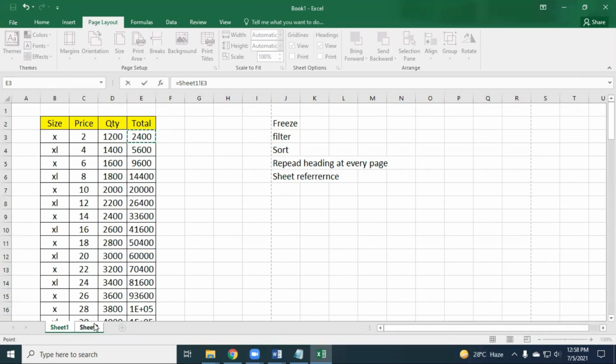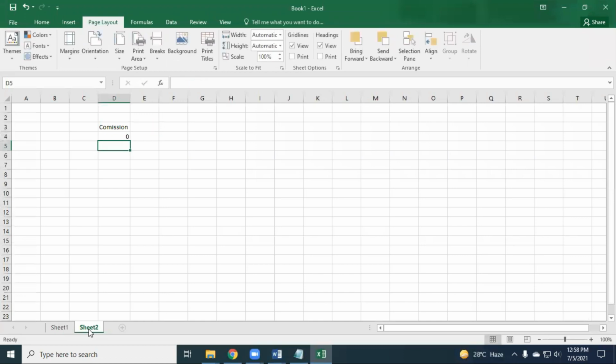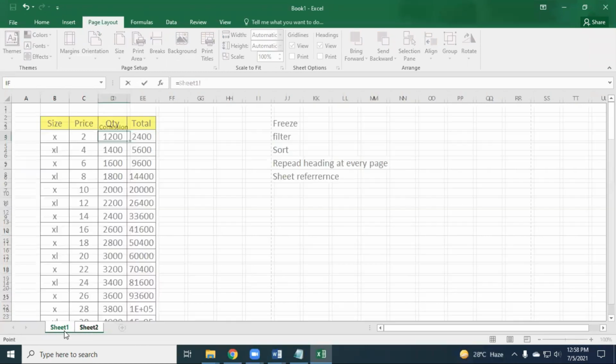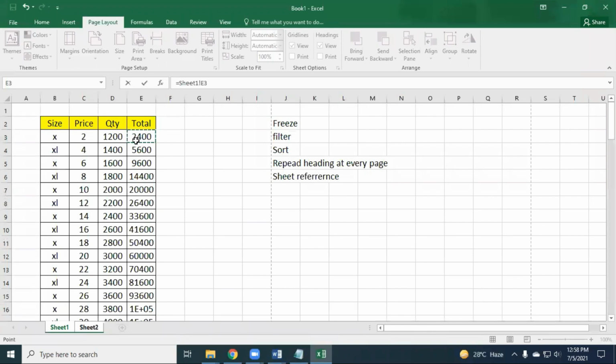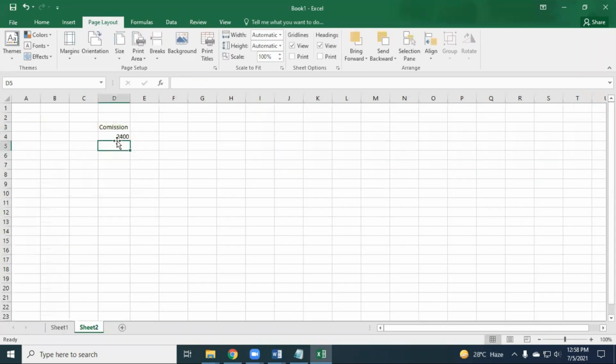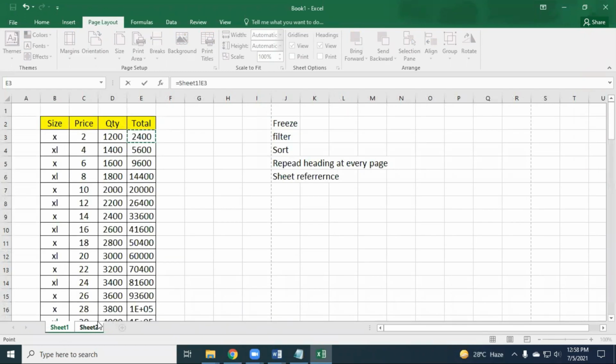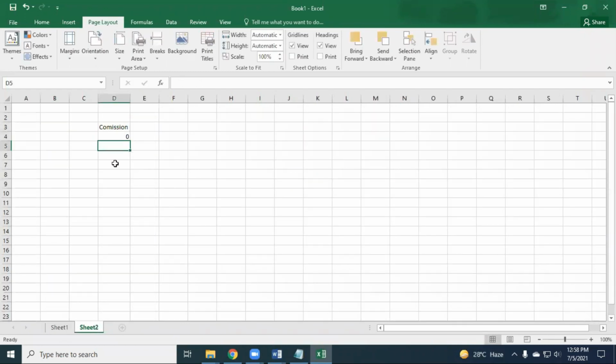After selecting, if you go again to Sheet2 and then press enter, it will come 0. So press equal, select the value from where you would like to bring it, and after selecting, in the selected cell, press enter. If you press enter after coming to the second sheet, it will bring 0.